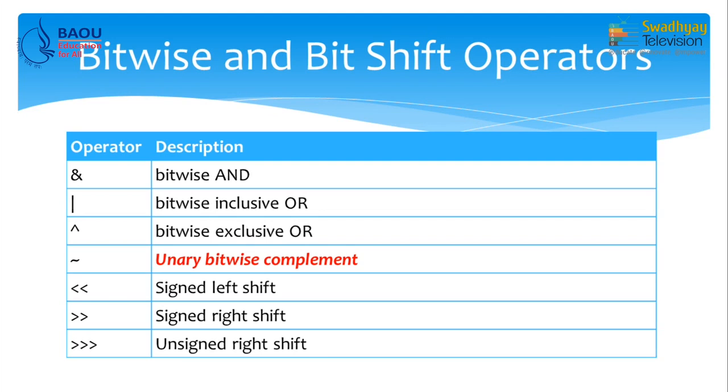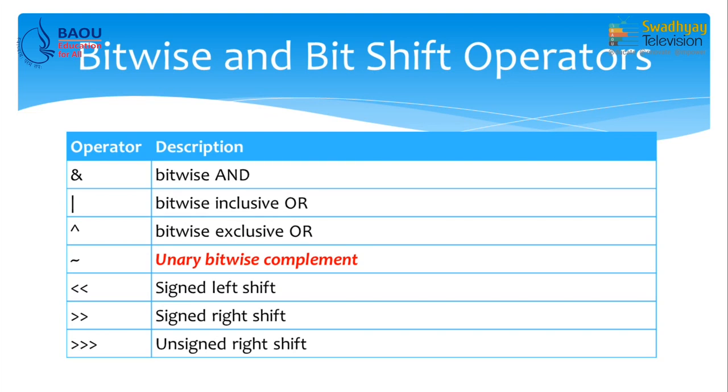Now, we know the data type. For example, byte requires 8 bits. So, in that case we can perform various types of operations that directly perform bitwise operations on given operands. For that, we have different types of bitwise operators. The first is bitwise AND, then bitwise OR, then bitwise exclusive OR, then unary bitwise complement.